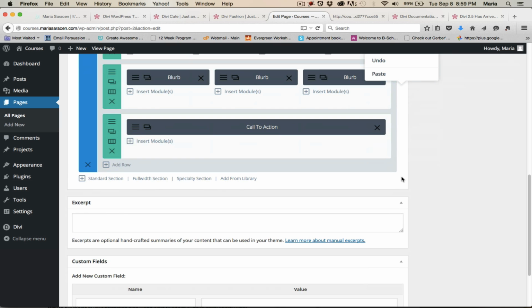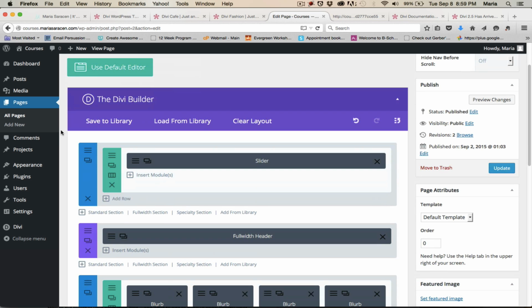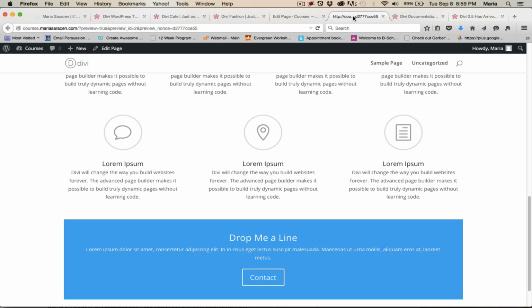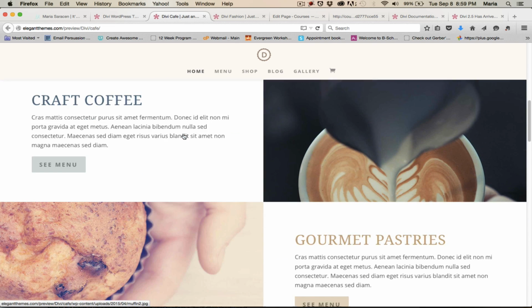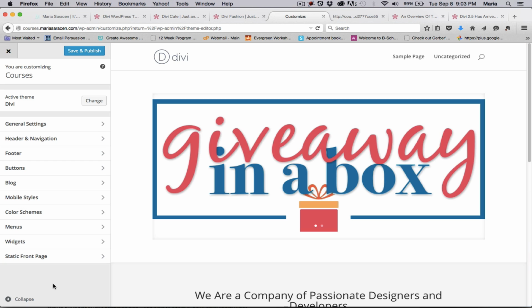And that is really Divi in a nutshell. I just, again, love it because it is so easy to customize, not a stitch of code. You can create the most beautiful websites in a day. Okay, one more thing that seems to be different about the newest version of Divi, and maybe even the version